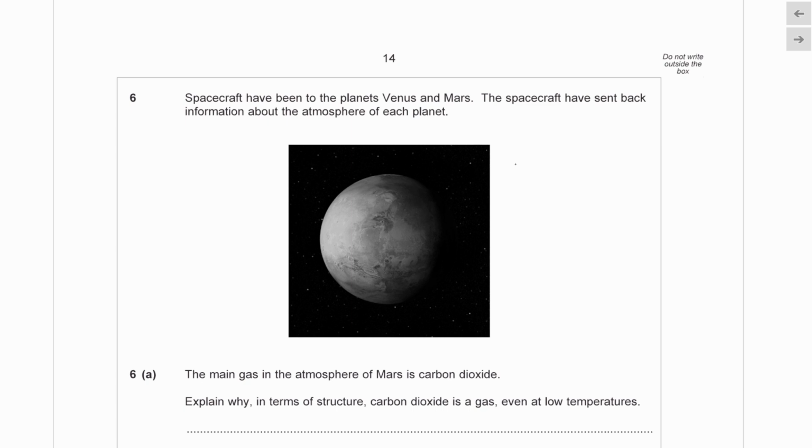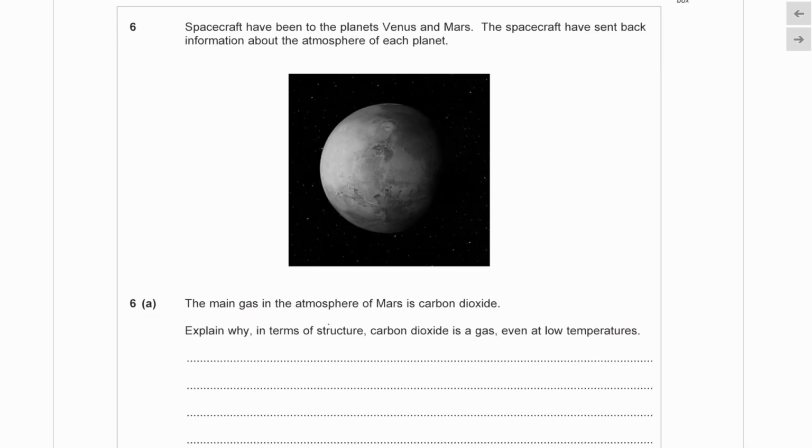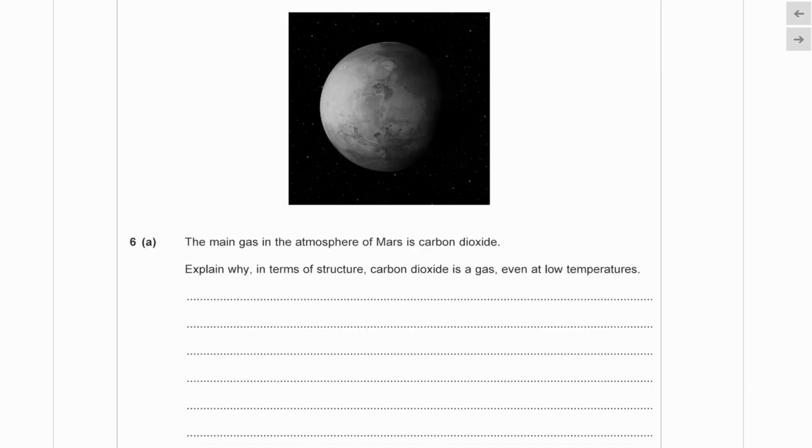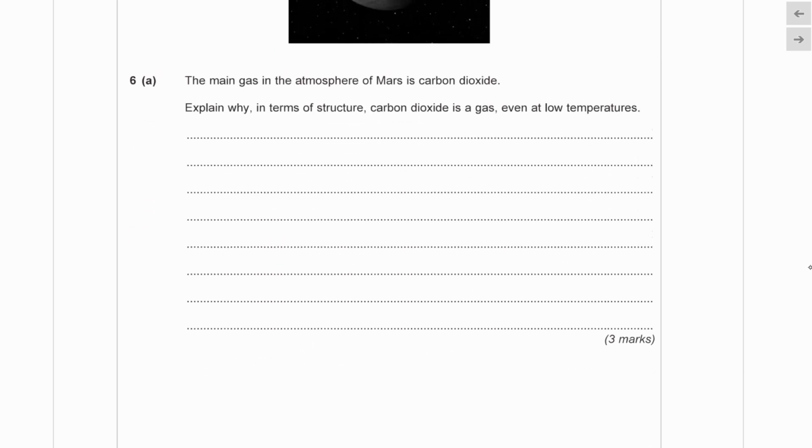Right, so question 6 says that spacecraft have been to the planets Venus and Mars, and the spacecraft have sent back information about the atmosphere of each planet. The main gas in the atmosphere of Mars is carbon dioxide. Explain why, in terms of structure, carbon dioxide is a gas even at low temperatures. Now, this is similar in terms of the explanation to the last question, but obviously plastics are not gases at room temperature. So carbon dioxide